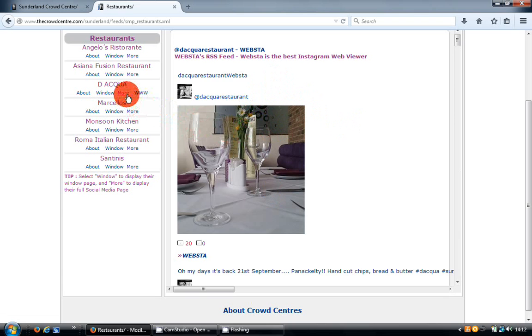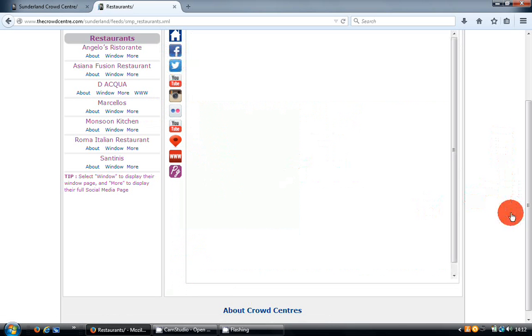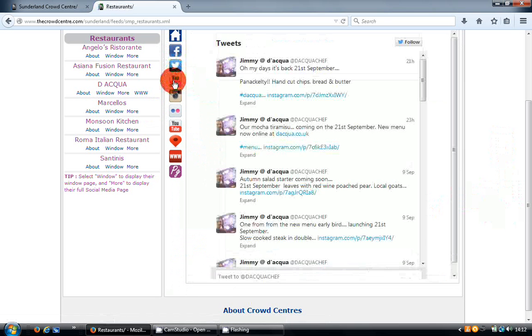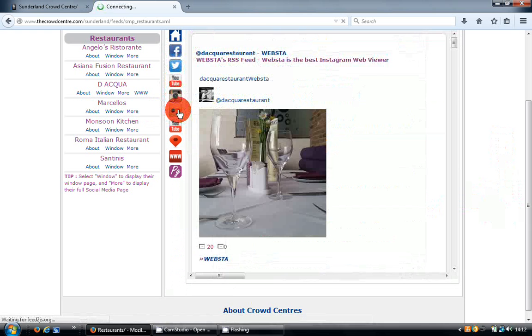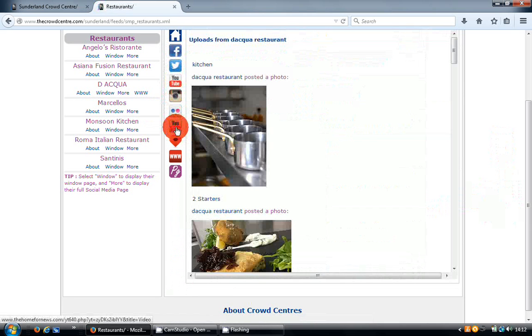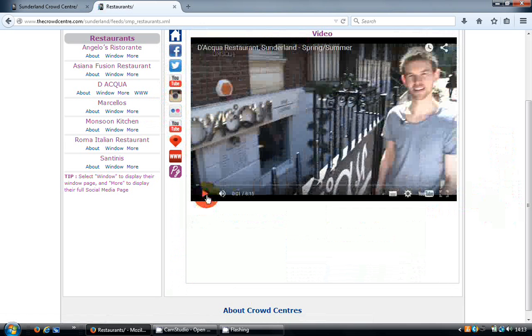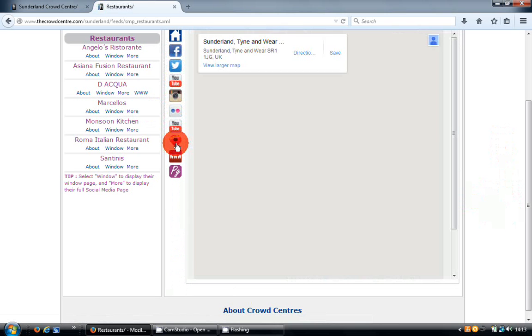Then the next feature is the more option. And what we're doing here now is taking all the social media that a particular company or organisation has and putting it all on one page, a bit like we did with the Sunderland football page. So I can get the latest Facebook content for this particular company. I can get the latest tweets, videos, Instagram pictures, Flickr pictures. I can play an individual YouTube video as an introduction. I can even get a map of exactly where they are. So this is something nobody else appears to be doing at the moment.